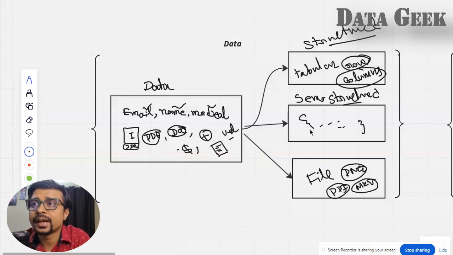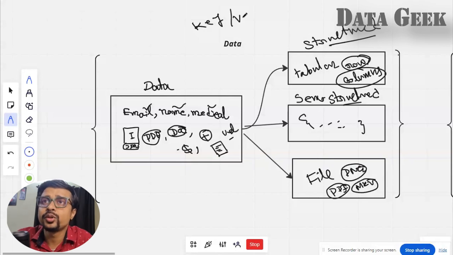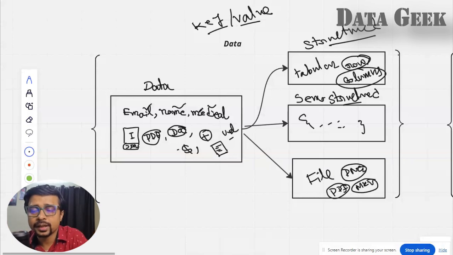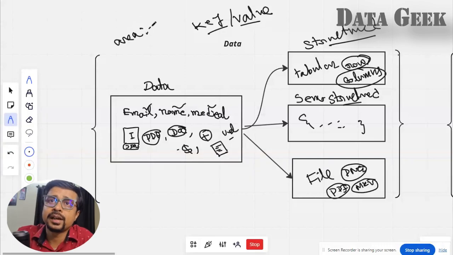So it will create a semi-structured data system where it will dump all kinds of data. Semi-structured data must have two things, a key and a value. That is a key-value pair. Let me give you an example of the data. Suppose a builder is saving the data. How will the builder shape the data? The builder will need the area. Suppose this is the area name, let's say it's Whitefield.